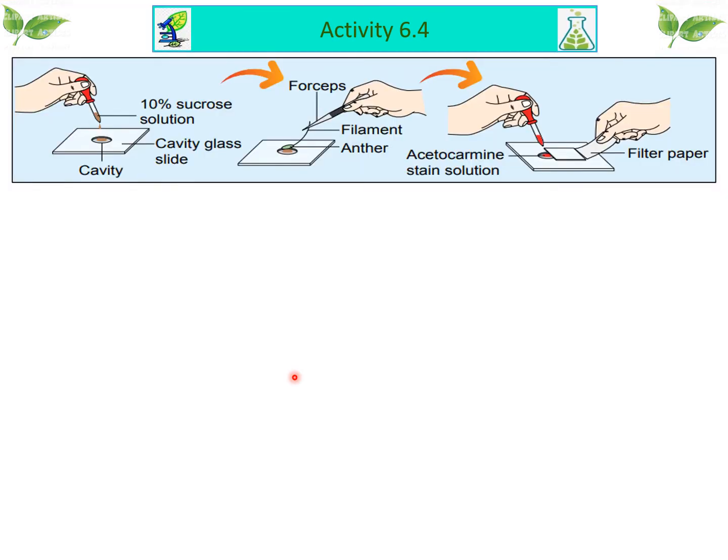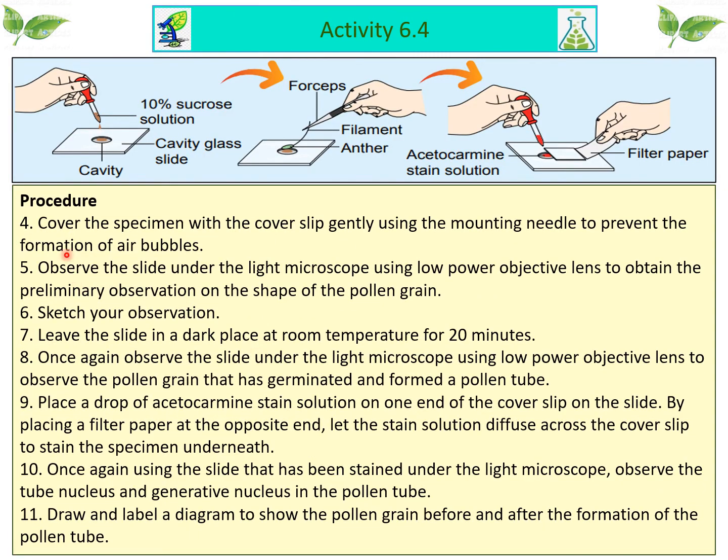Okay, procedure number 4. Cover the specimen with the cover slip gently using the mounting needle to prevent the formation of air bubbles. 5. Observe the slide under the light microscope using the low power objective lens to obtain preliminary observations on the shape of the pollen grain. Sketch your observations. Leave the slide in a dark place at room temperature for 20 minutes, and then once again